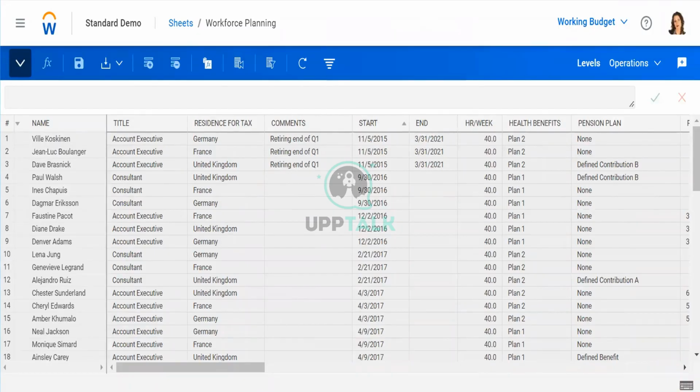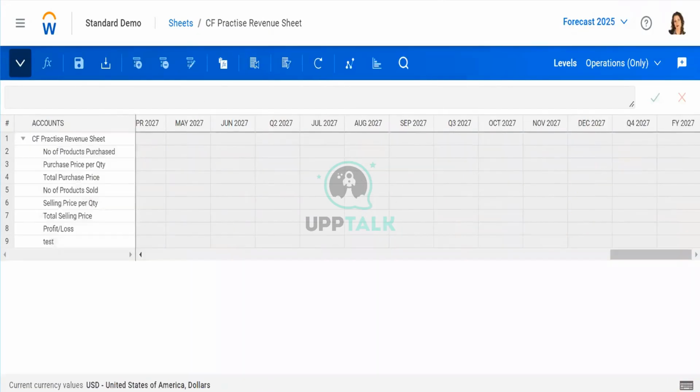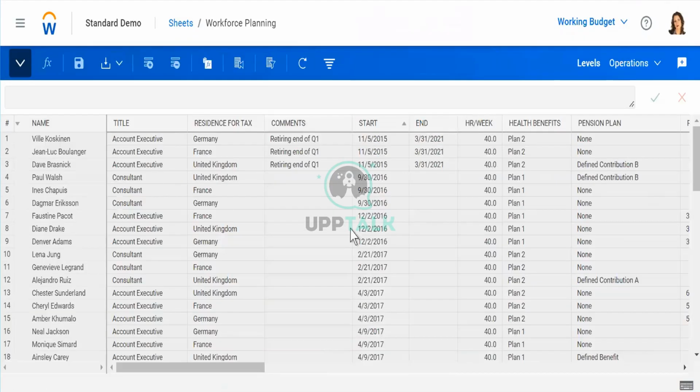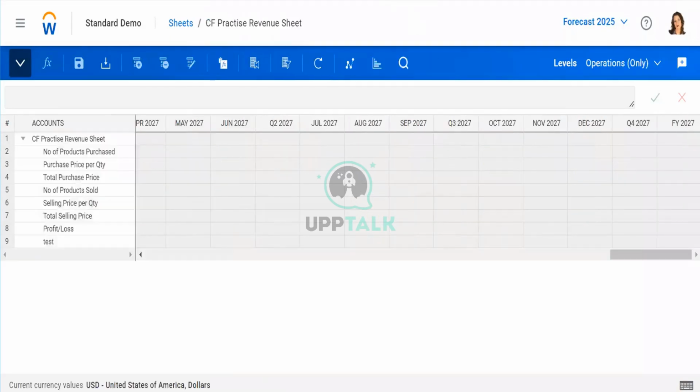This is a standard sheet, this is a cube sheet, and this is how a model sheet looks. You should be familiar. The moment you open the front end of any sheet, you should be able to say that this is our transaction-wise data. This is a model sheet. Now, if you open this kind of sheet, you notice that there are no dimensions here, only accounts, and time is there. That is a standard sheet.